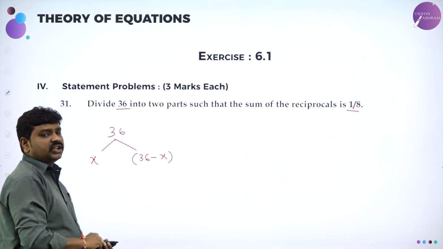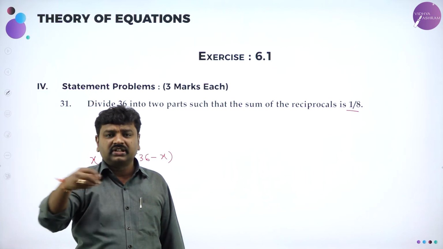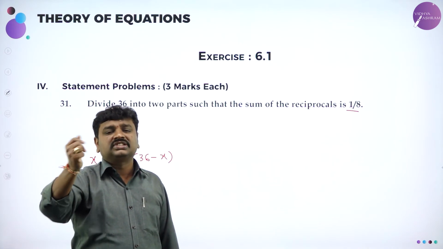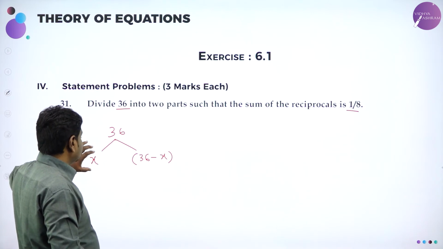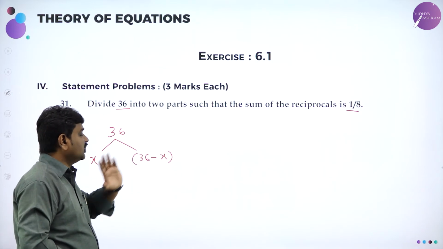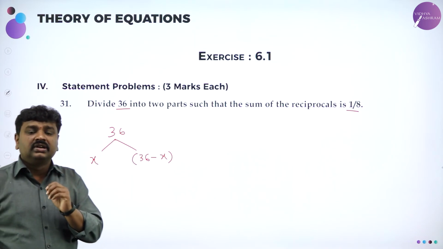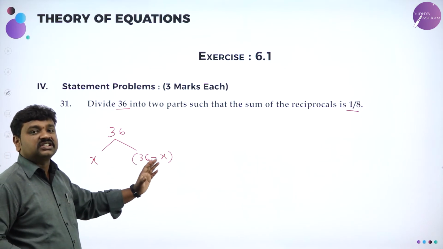Dear students, I have 36 rupees. If I give one student 6 rupees, the other student will get what? 36 minus 6, like that. One part is x, we don't know how much it is, the unknown is x. The second part is what remains of 36 after you gave the first part. So if we want to divide the number into two parts, the first part is x and the remaining second part is 36 minus x.